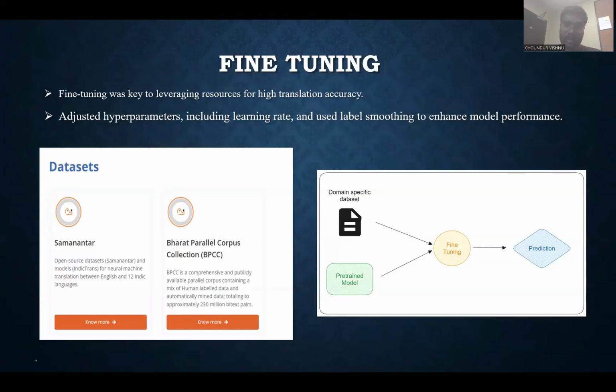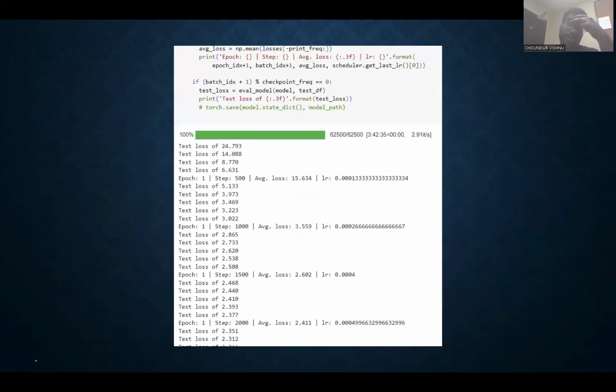So for the fine-tuning, we have used the pre-trained model, and in order to fine-tune, we have written the fine-tuning code. We are going to train with the dataset we have taken in this project. In the fine-tuning code, we adjust the hyperparameters and the learning rates so that it improves or enhances the performance of the model. After fine-tuning, we get the losses. At the initial time, we have taken 3 epochs, and later we are going to plan with 10 epochs in order to boost the models.